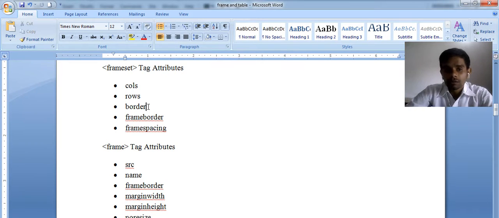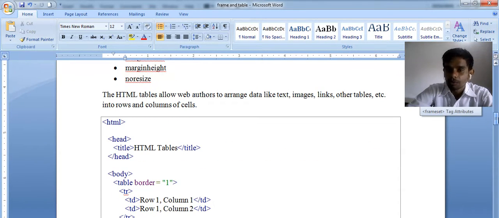For the frame tag, almost similar properties are used, but src and name are two different properties here. Border is the same, margin according to width and height. If you want to prevent resizing of your frame, you can use the noresize property.